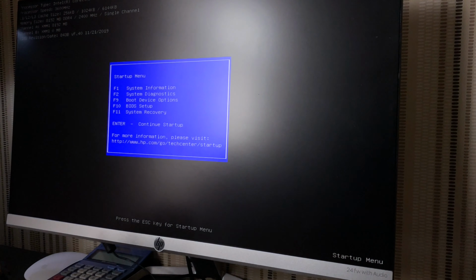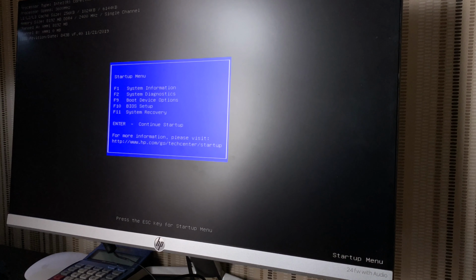It gives you F1 for system information, F2 for system diagnostics, F9 for boot device options, F10 for BIOS setup, and F11 for system recovery. The first thing I would recommend is that you do your system diagnostics. So if you press F2,